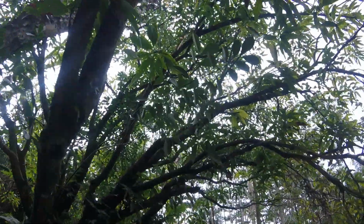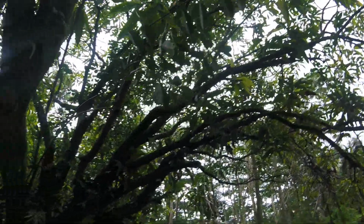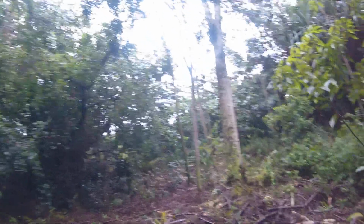This is a mango tree, which is not in really good shape. You can see, I don't know if you can see the green and light green spots. That's indicative of some kind of fungus, I think. More palms. There's little palms everywhere. This is the big huge